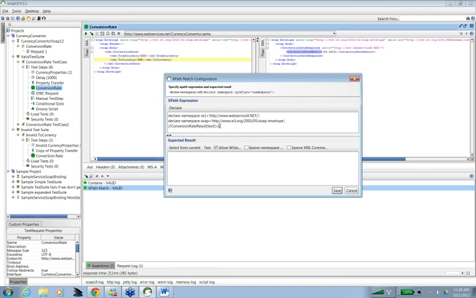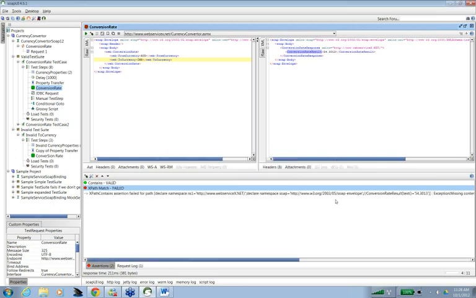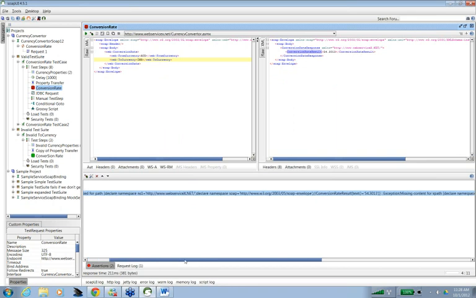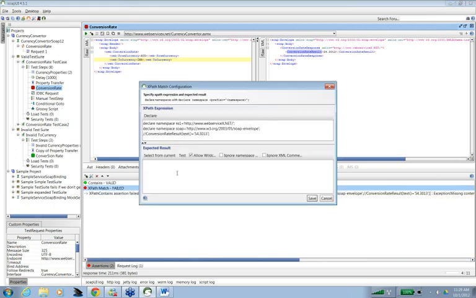Text is equal to 54.303. Exception, missing content. So it is showing some exception. It says there is some error in this XPath.